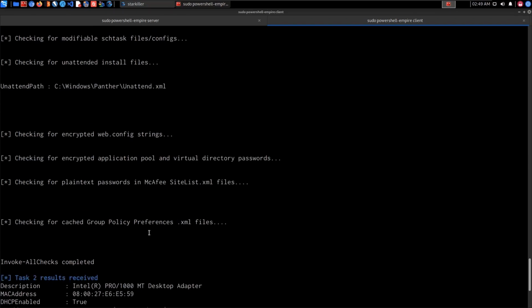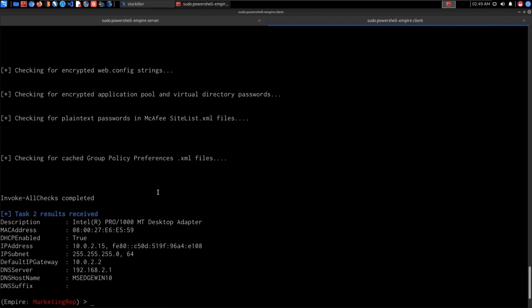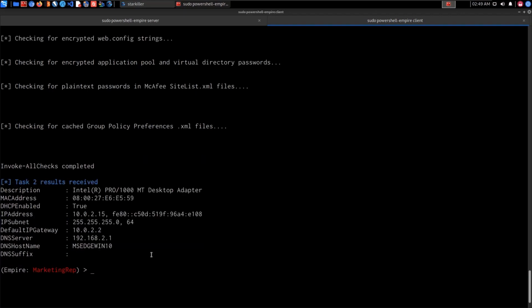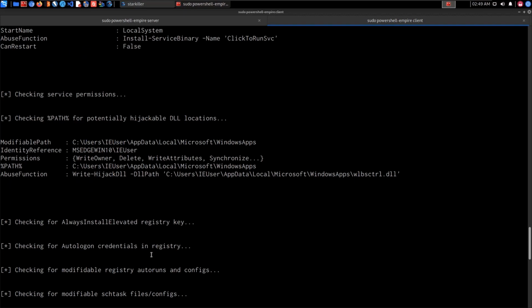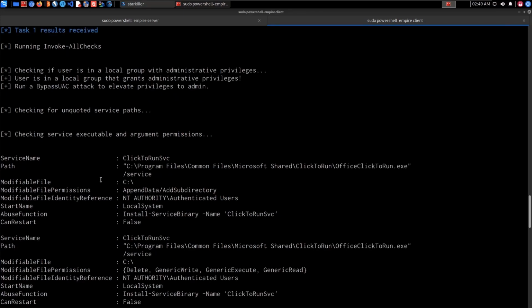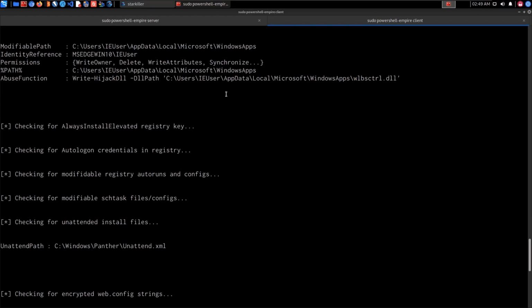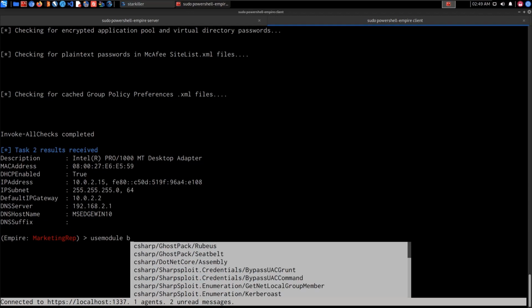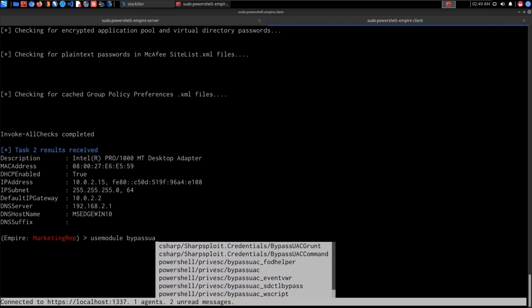It'll also perform password searches here to identify any plain text passwords. And then of course I just ran an additional command to ensure that I still have contact with the target, and that was just ipconfig. That being said, we can now utilize the technique that it recommends, which is bypass UAC to elevate our privileges to admin. So we will again say use module, and we can search for it here, bypass UAC,